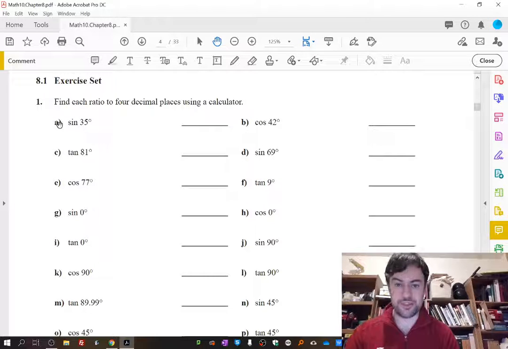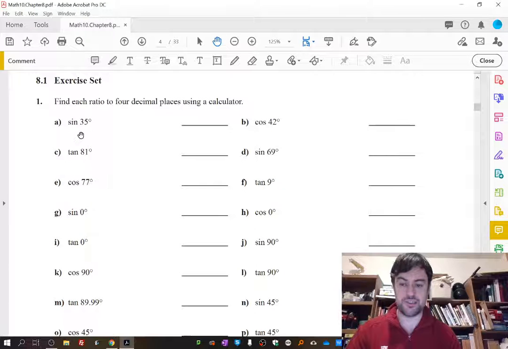Hopefully you watched the videos and you learned what the trigonometric ratios are, what that means, and basically they're just ratios of sides that happen to be the same. No matter what the size of a right triangle is, the ratio of the sides is always going to be the same. So for example, if you wanted to look up the sine ratio for the angle 35 degrees,